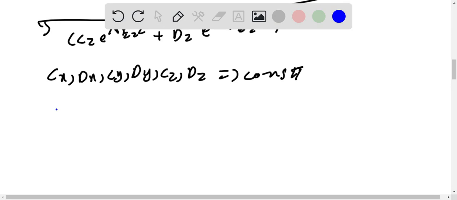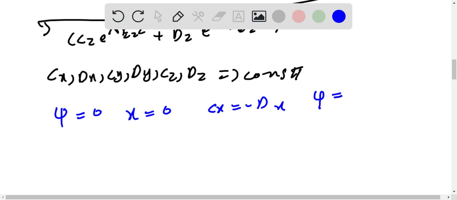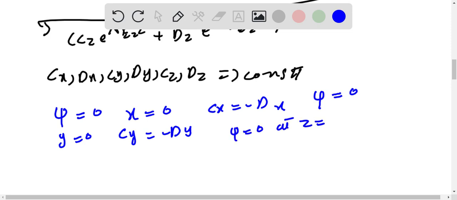Okay. And by boundary conditions, psi is equal to 0 at x is equal to 0, and it gives Cx is equal to minus Dx. And by the boundary conditions, psi is equal to 0 at y is equal to 0, it gives Cy is equal to minus Dy. And by boundary condition, psi is equal to 0 at z is equal to 0, so it gives us Cz is equal to minus Dz. So we have that